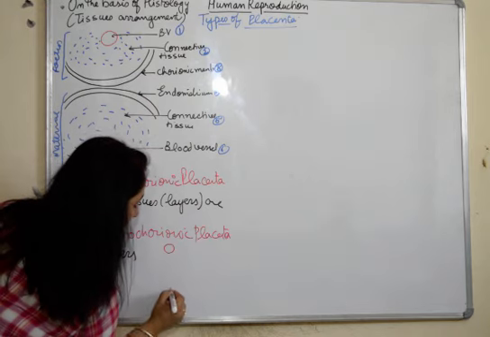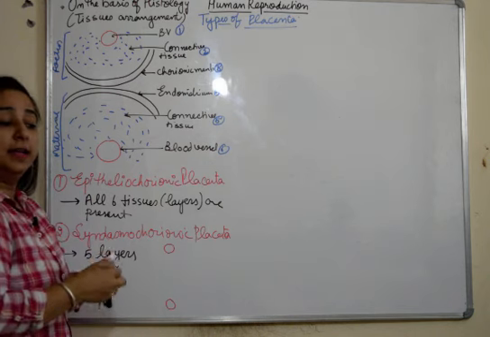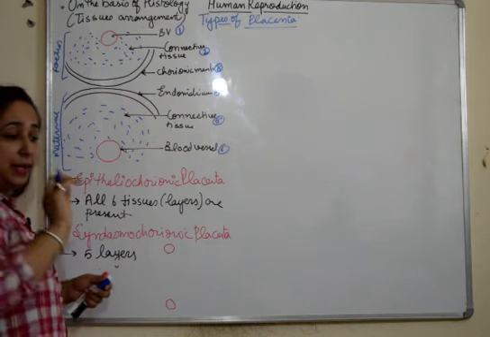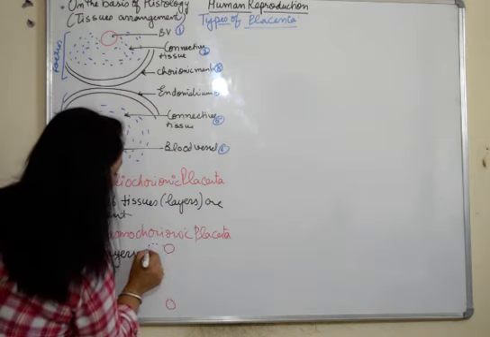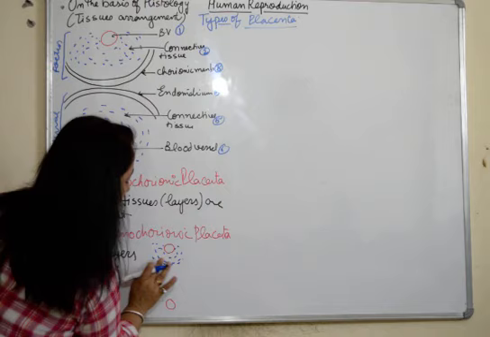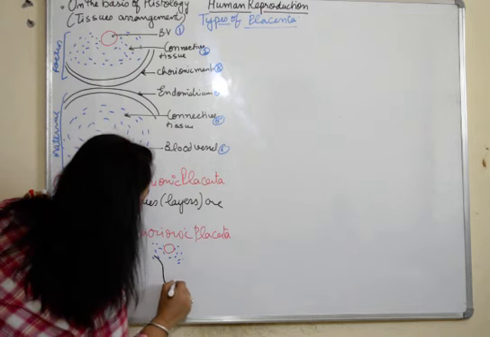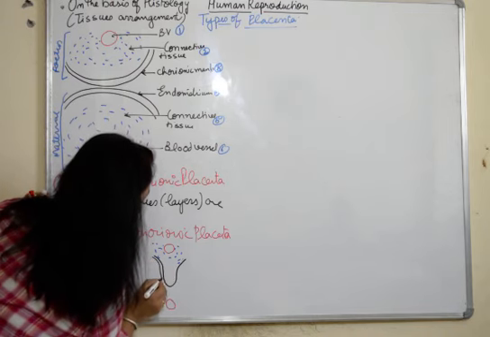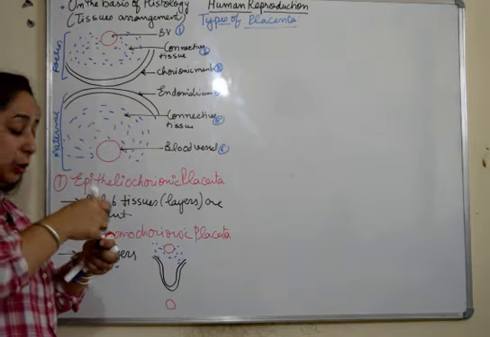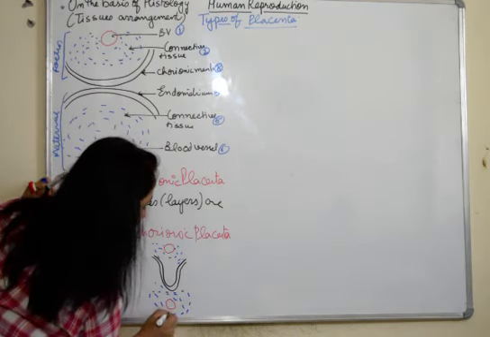The blood vessel here. Fine. Then it has which layer will disappear. We'll be talking about it. Fine. So we have the blood vessel here. We have the connective tissue here, the fetal one, and then we have the villi, chorionic villi here. Fine, this is the villi. And herein we have the blood vessel till where the chorionic villi need to reach, and we have the connective tissue present here. Fine.